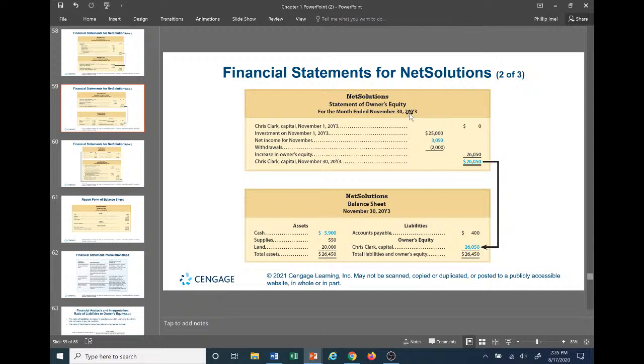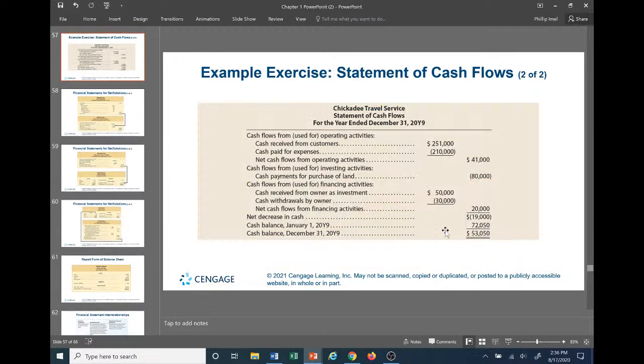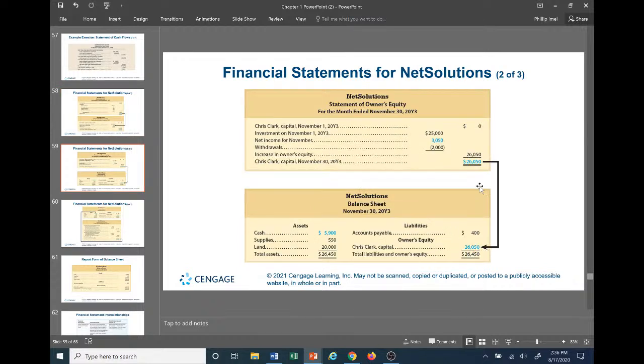Okay, the statement of owner's equity, remember, equity is part of the accounting equation. Assets equals liabilities plus equities, right? So this ending equity as of November 30th, 2003 is going to be carried all the way down into the owner's equity section of Chris Clark's Capital, owner's equity. So there's how you can see the ending balance right here in the equity section. We can see here all this relevant data here on the balance sheet. We have the assets equals liability plus owner's equity. I'm just showing you here how they tie in.